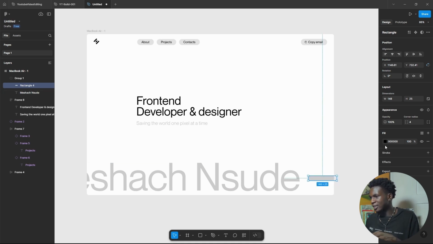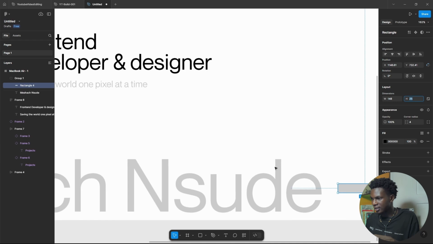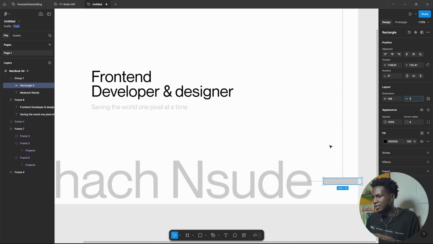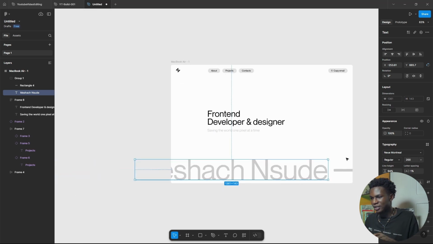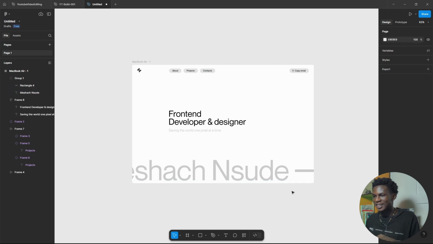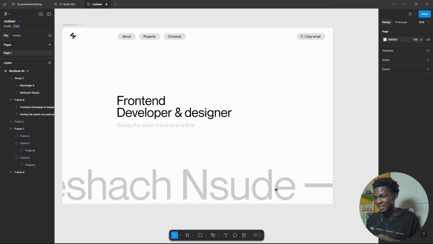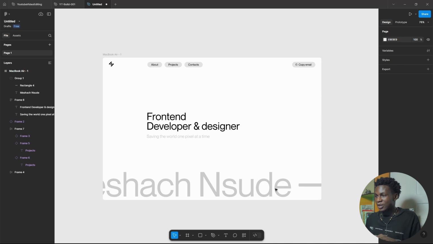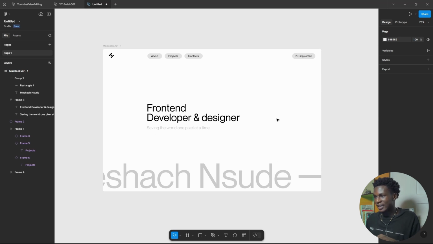Yeah, that was good. I don't like the width though. I need the width to be kind of similar to the width on the typography here. So let's take that down to like 18. Yeah, more like it. Let's align it in bottom and then move it up. Yeah, that looks good. And if I was a decent designer, I would probably go ahead and create the mobile version by now, but no, I'm not. So I'm gonna keep working on the